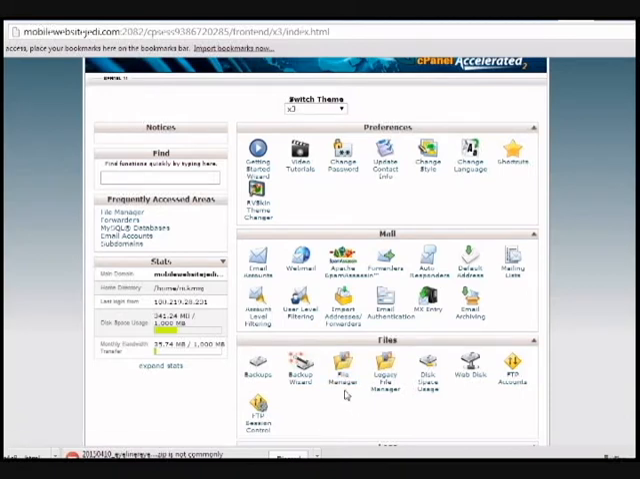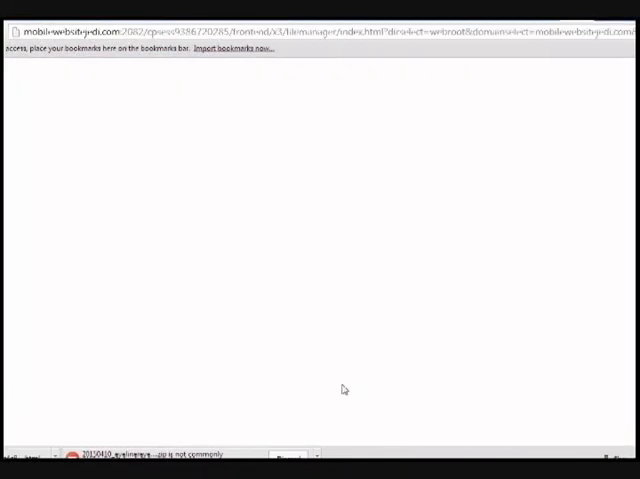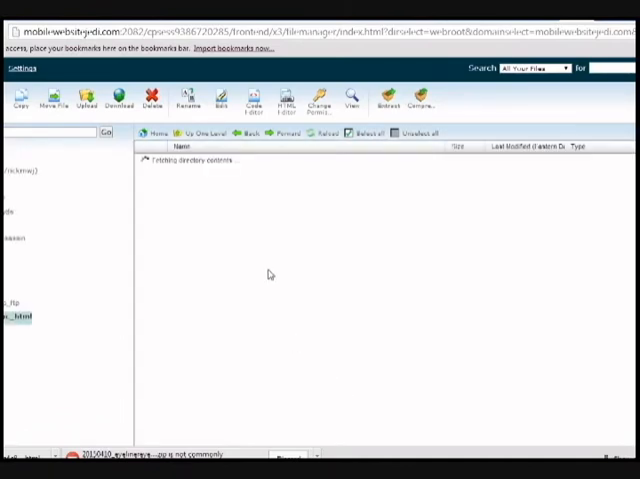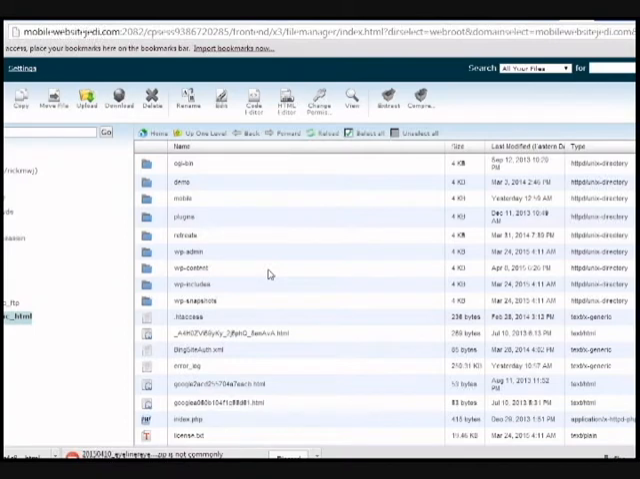Anyway, you want to go to the file manager, and I've already downloaded it, so what I need to do is upload that file to the root, which is the public HTML. You can't see the whole works there, but everybody has a public underscore HTML, unless you're on a Windows server, which if you're using WordPress, don't use a